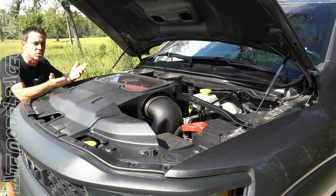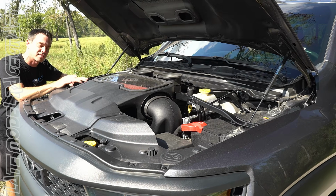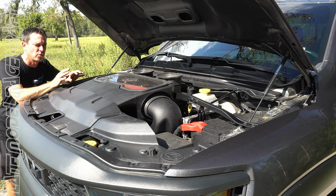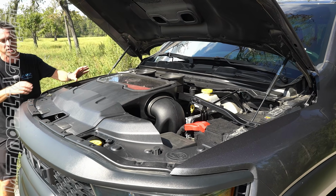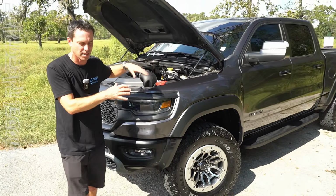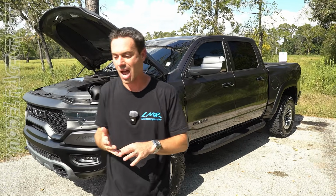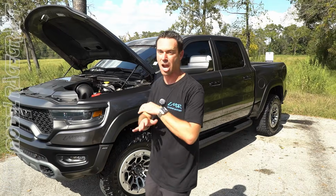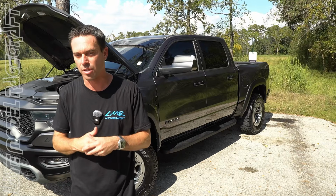But again, when it comes to horsepower, we can still make close to the same horsepower with the stock engine, depending on the fuel, with a ported supercharger versus a Whipple like this. These are just a little bit more efficient because this one's going to be running on pump gas only. This is the setup that we chose. Still has stock manifolds, stock cats. It drives like a stock truck, and this thing made I think it was right under 900 rear wheel horsepower,